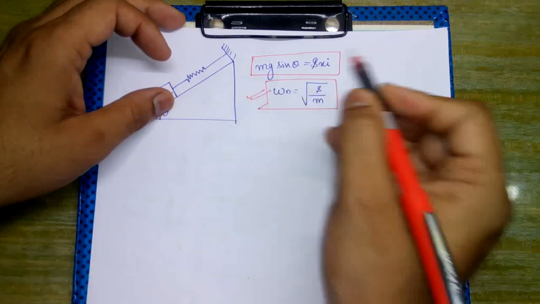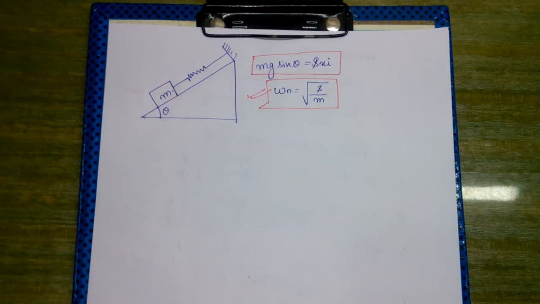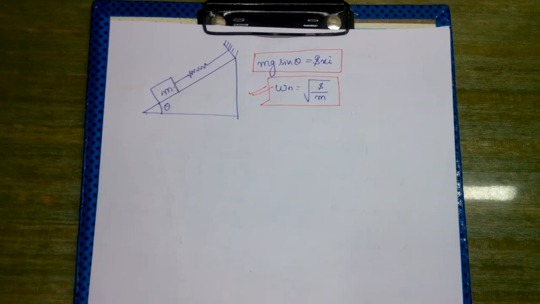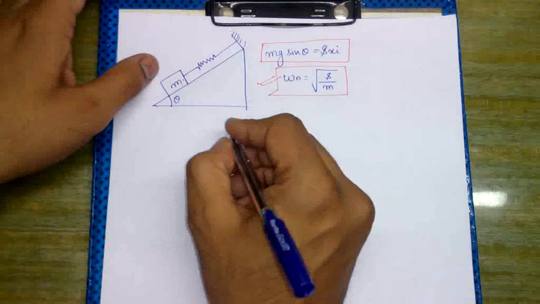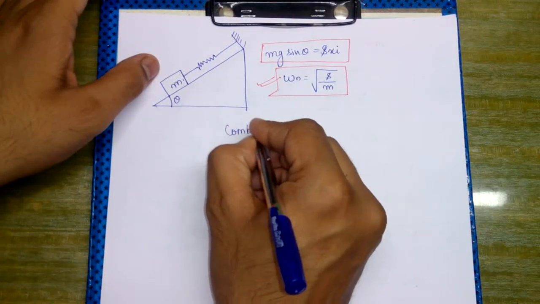तो आप इसी फॉर्मूले को याद रखिए. कन्फिग्रेशन चाहे कैसा भी आ रहा है, अभी तक तो हमने यही देखा कि हमारा फॉर्मूला हो गया अंडर रूट s by m. Now next topic we will start with the combination